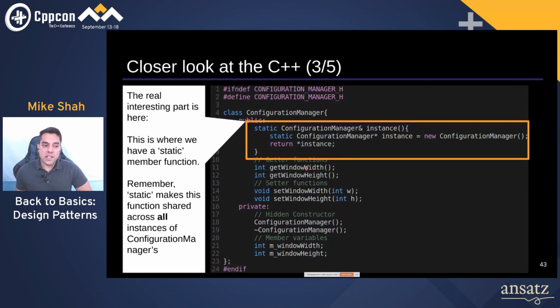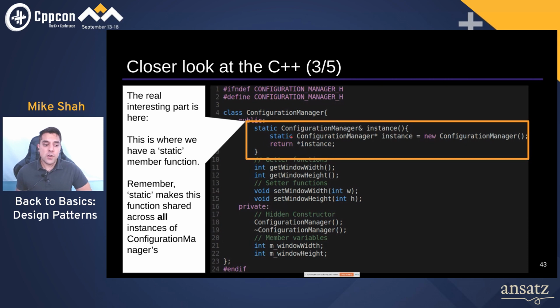And the real interesting part of the Singleton pattern comes here. You'll notice I don't really have a constructor, or I do have one, but it's actually been marked private here. So the constructor and the destructor, in fact, have been hidden. But what I do have remaining is one public function here called instance. An instance is going to be in charge of handling how an object is created or used in the Singleton